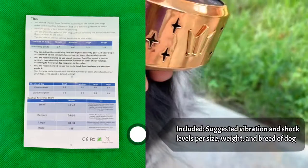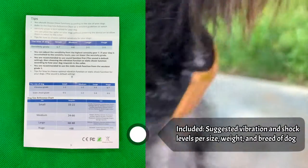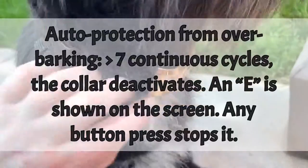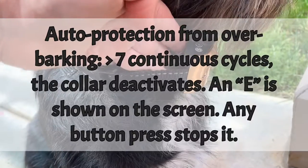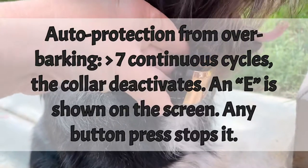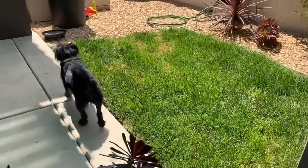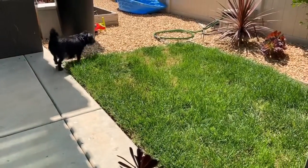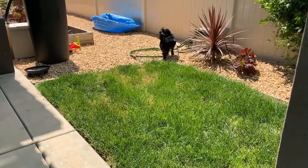No worries. There are suggested vibration and shock levels included for your dog. The collar auto deactivates, so there is no harm to your dog if it continues barking. Although it is nice to have your dog wearing a no-bark collar, be sure and check his skin so that there is no redness or